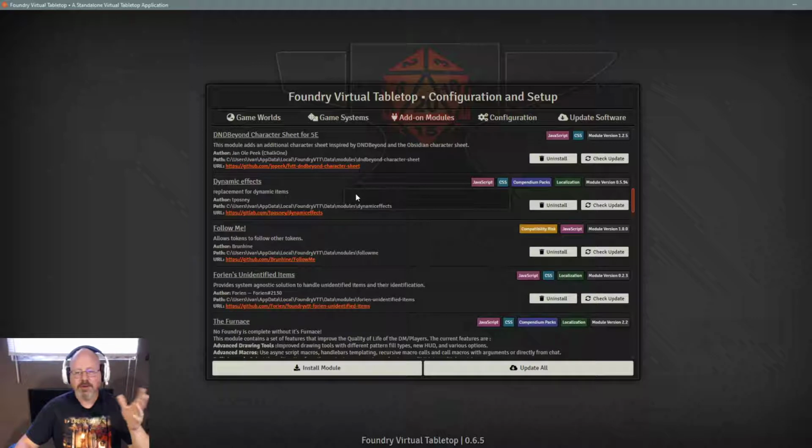Dynamic effects. I'm still learning a little bit of how it works, but it actually is linked to multiple other modules. And if I get this right, and again, you might want to click on the link and go read it yourself, but if I'm correct, it basically allows certain automation of damage being applied to creatures or characters during combat, so you don't have to manually reduce the HP and stuff like that. I believe it also allows you to create your own attacks and features for your monsters and have them actually change the stats